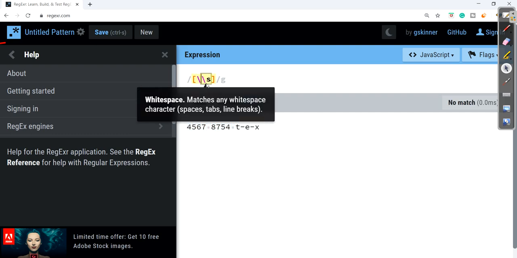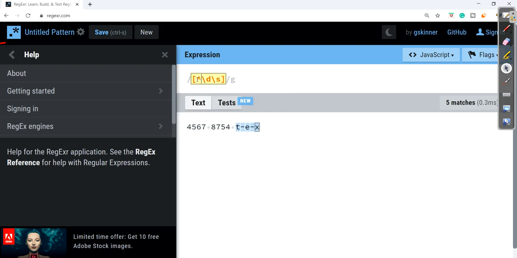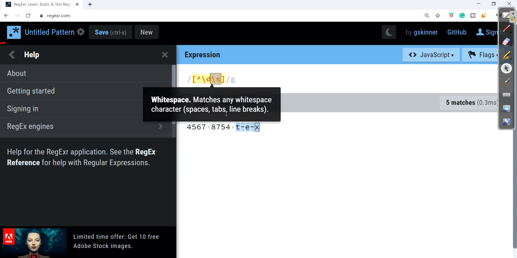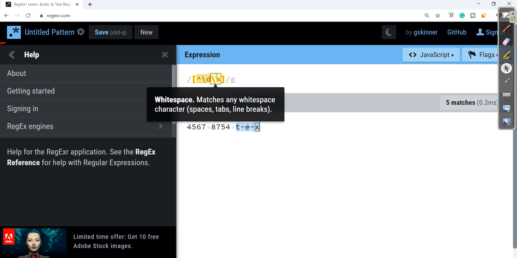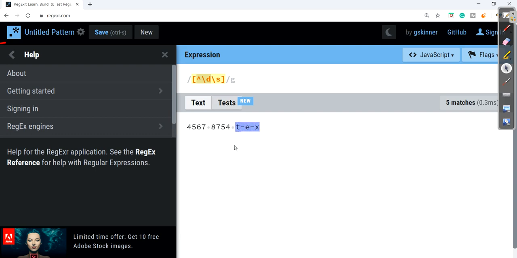Now with this backslash D, if I put here negate, it neither has digits, numerical values, nor space. So what is left? The hyphen as well as alphabet. So in this case, it is going to be the letters T-E-X. And if you see it carefully, why is it matching this? Because we have used negate of digit. So these are not digits nor spaces. These are just letters and also the hyphen. So letter and hyphens are neither of spaces nor digit.